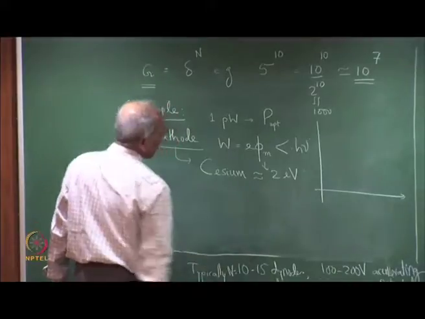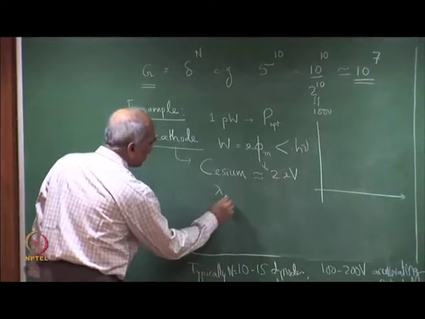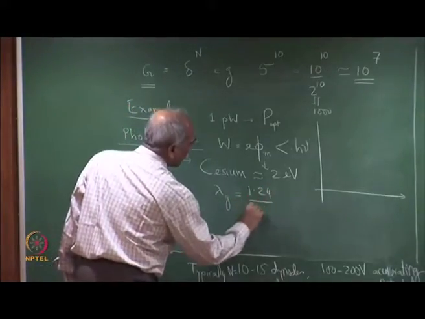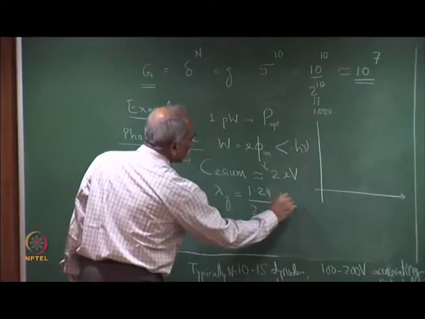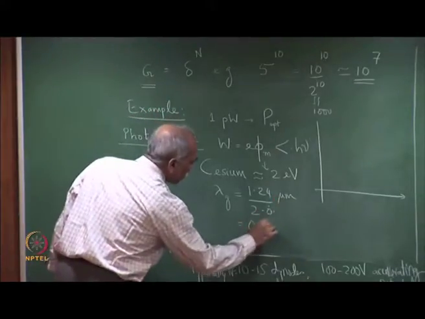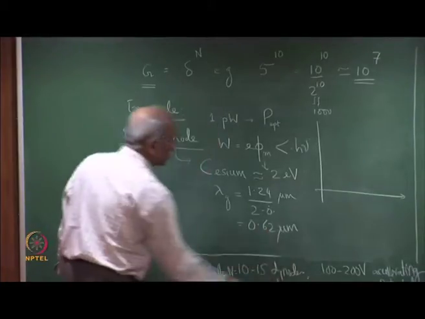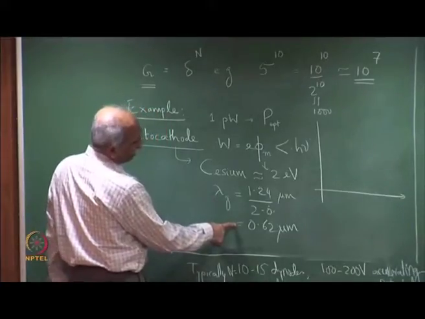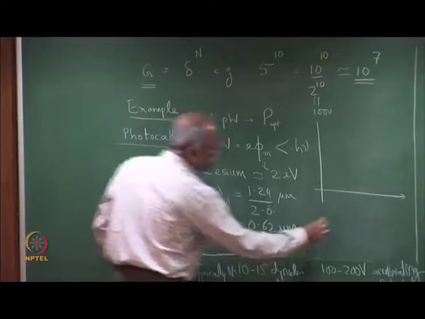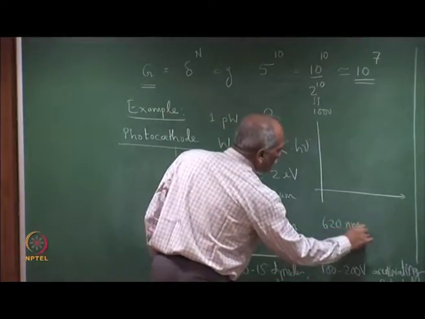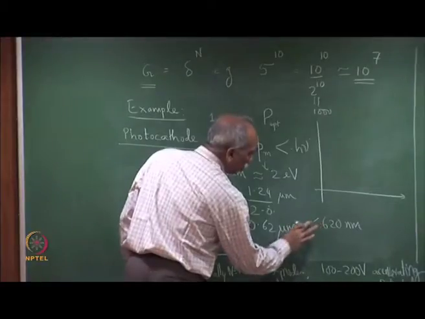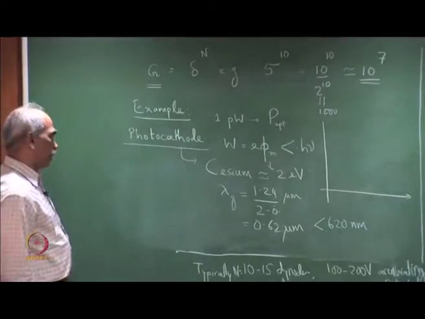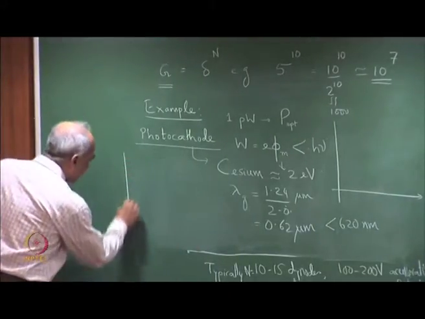So, cesium, if it is about 2 eV, the wavelength corresponding to this is 1.24 divided by 2 eV micrometer, which means this is 0.62 micrometer. This means that light with wavelength 0.62 micrometer, that is 620 nanometer or less, can be detected using this. So, indeed the responsivity, if we see the typical